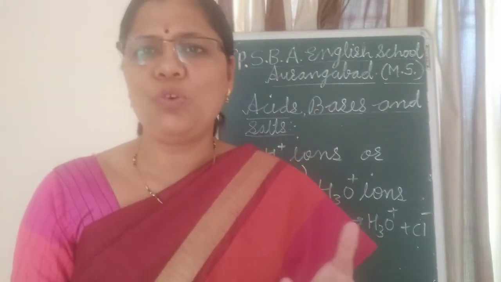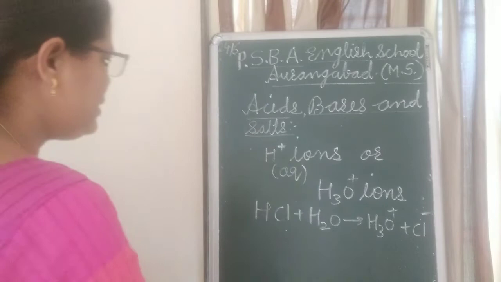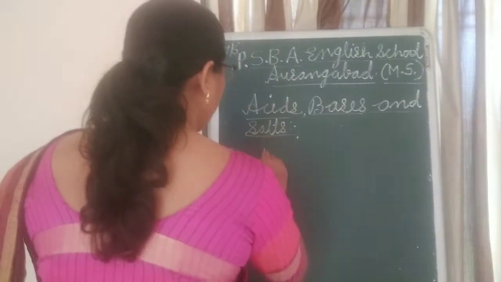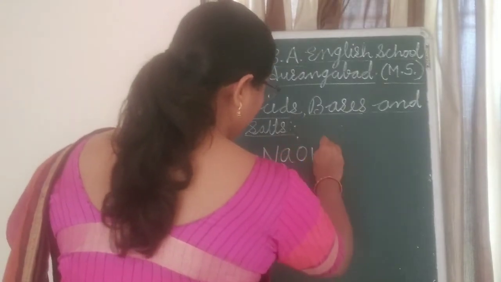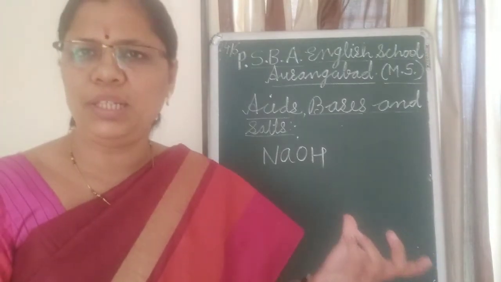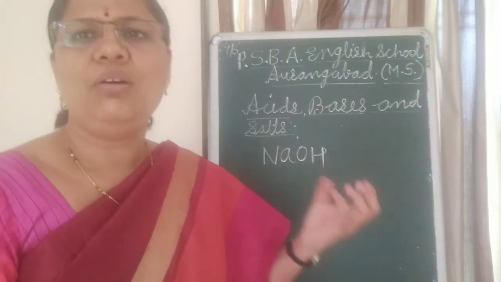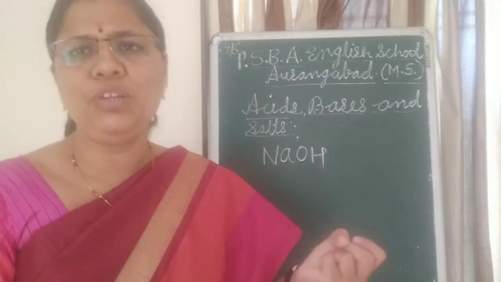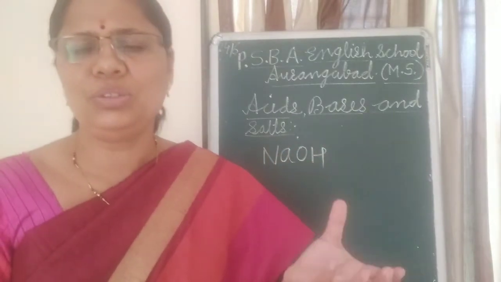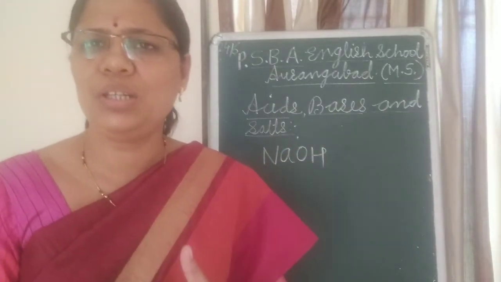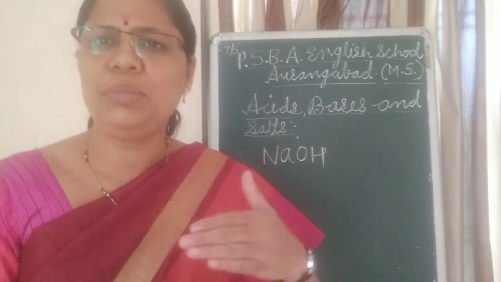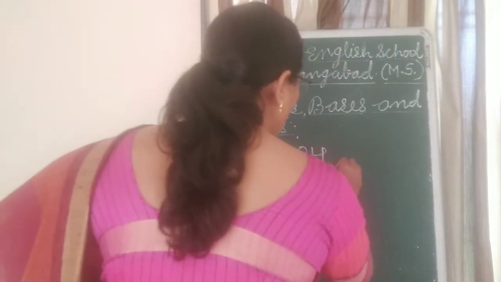Now same happens for base also. Now instead of acid, if we will take the base, that is NaOH. Okay, so NaOH is in solid state. In the laboratory we find that it is in the solid state. NaOH, that is sodium hydroxide pellets are there. Okay, they are available, or they are also called as the flakes. And if you will take this NaOH, then we find that it also shows the basic nature in the aqueous form only.